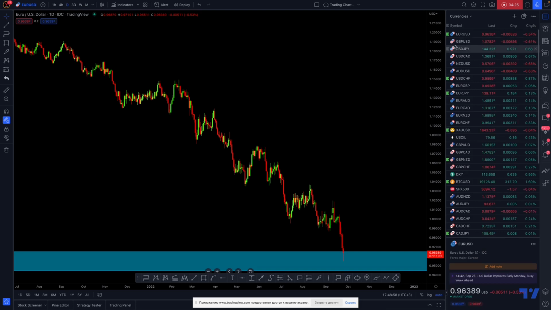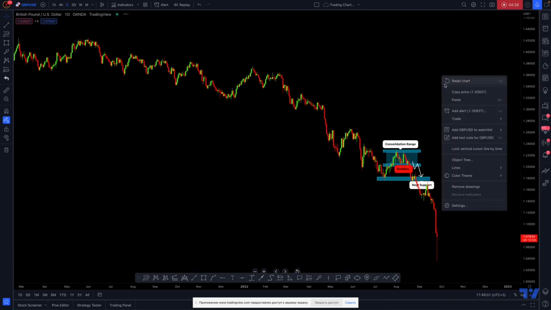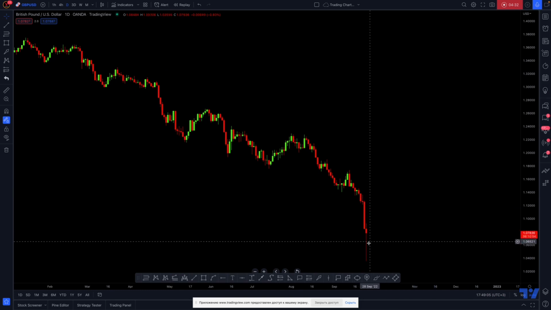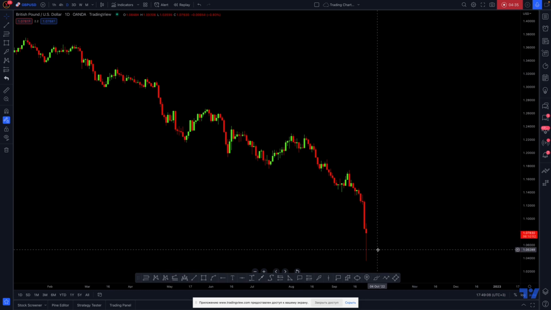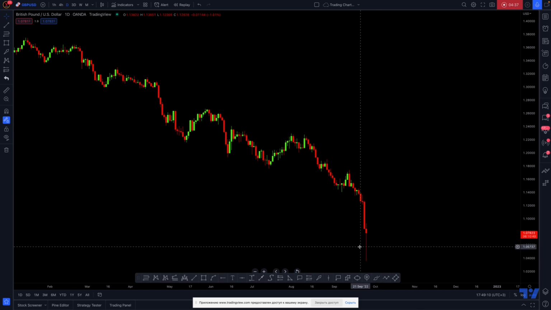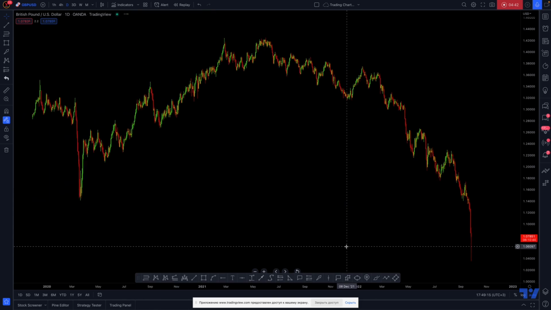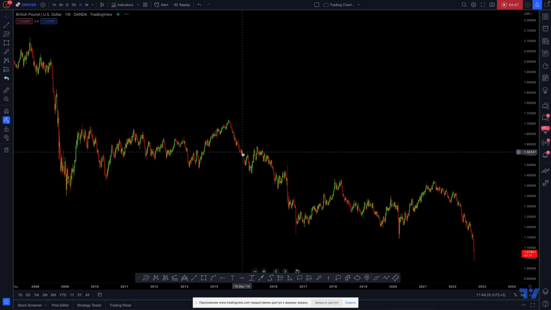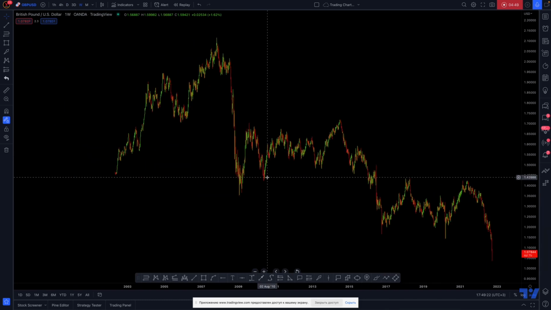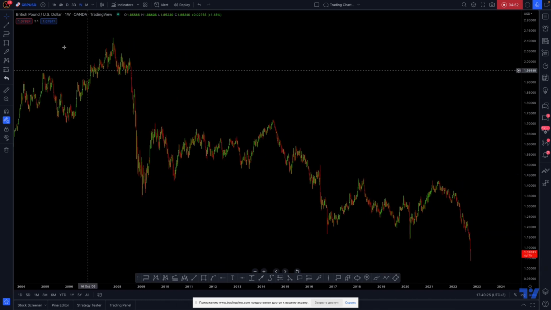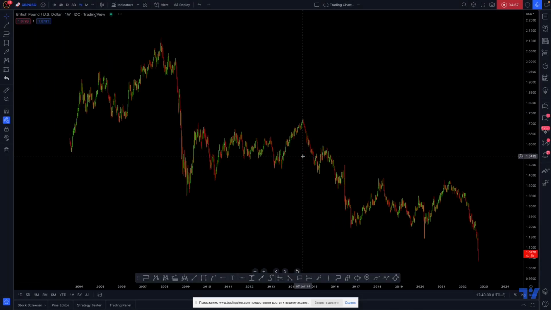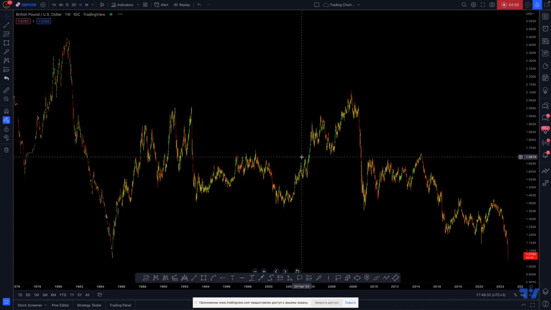Let's open pound dollar pair. On a pound dollar pair, the market dropped sharply. I guess you saw how bearish opening we got today, and you can see that the market is falling sharply. And looking left at structure, again, we have a very big problem. We have no structures right here. And if we open the weekly time frame, again, no key levels. Again, we should try to change the quote provider. And changing the quote provider, we see